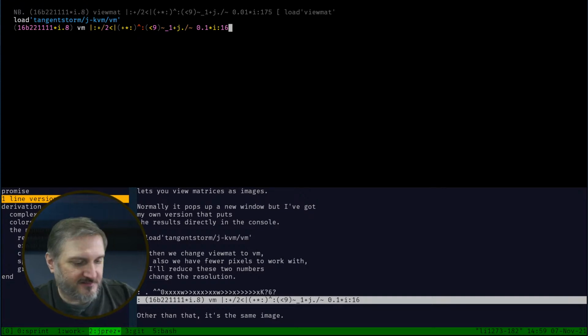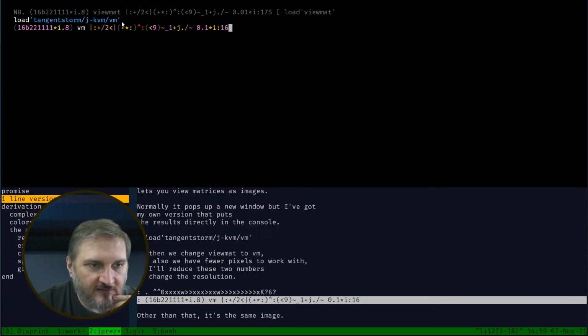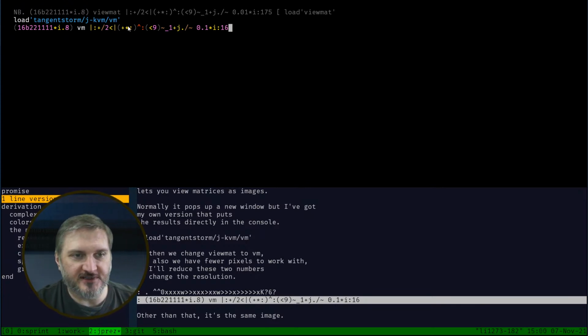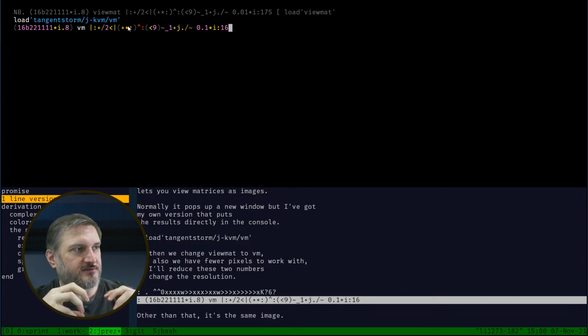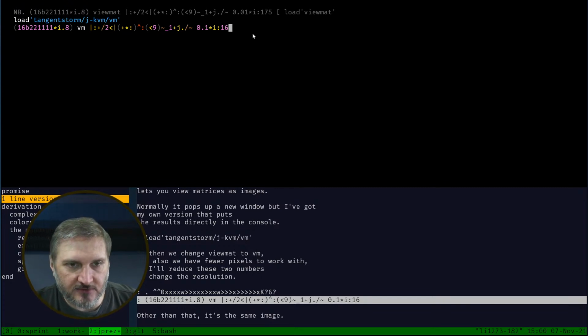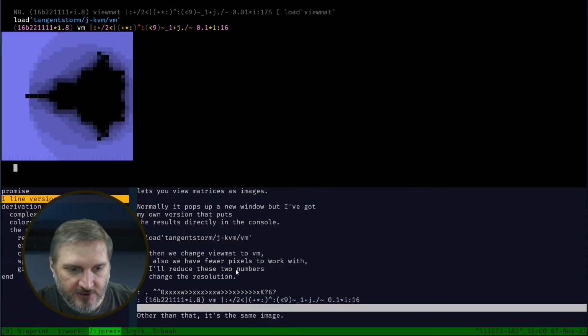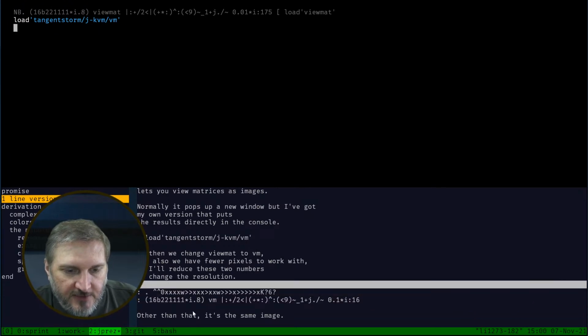So this one line in J generates a Mandelbrot set, whether or not you're using the graphical thing. But I have made this other thing that puts the output of viewmat directly in the terminal. So when I press N to go forward, that shows the output here. So it's directly in my terminal, and I'm describing that in this line here. The goal of JPrez is now I can